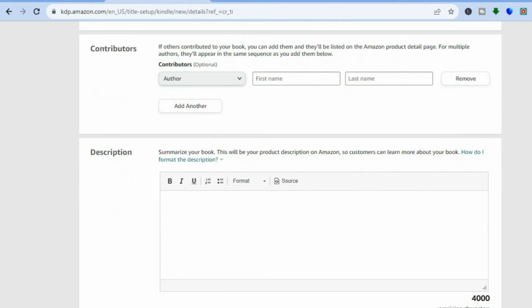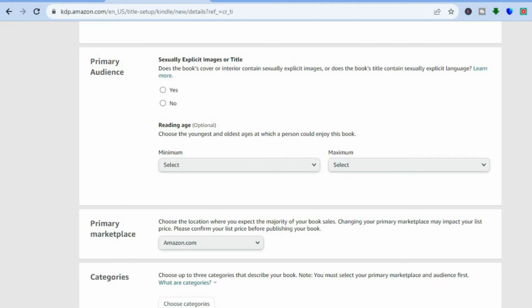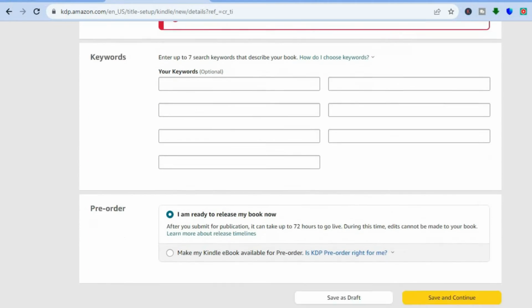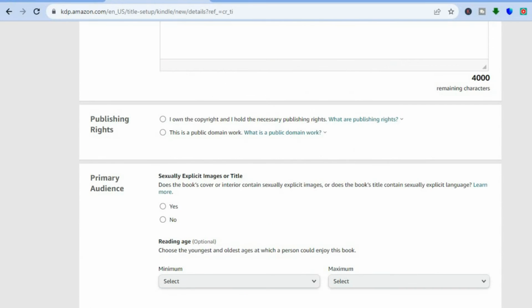And you can also scroll down, and then you'll scroll down and you can fill in a description about your book. And then you'll scroll down, and from there you can select your primary audience and fill out this information. After you're finished doing that and you have uploaded your book, all you'll need to do now is go onto